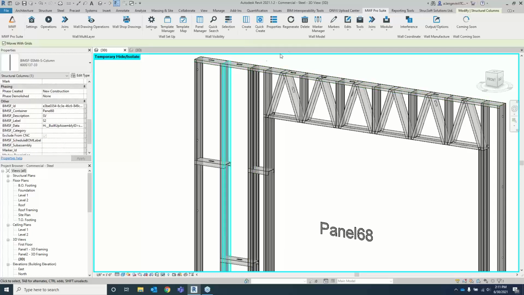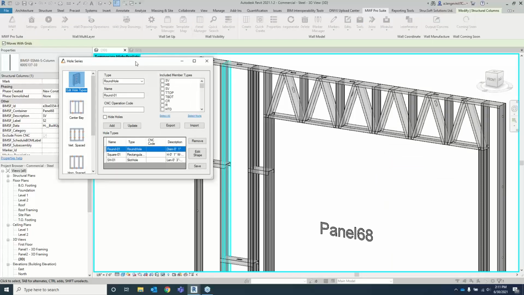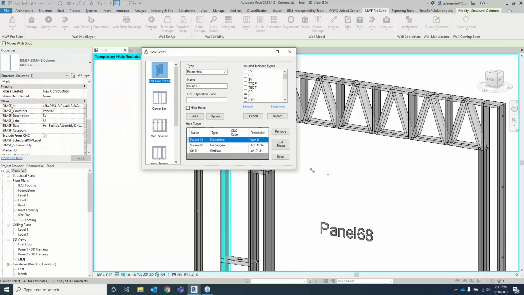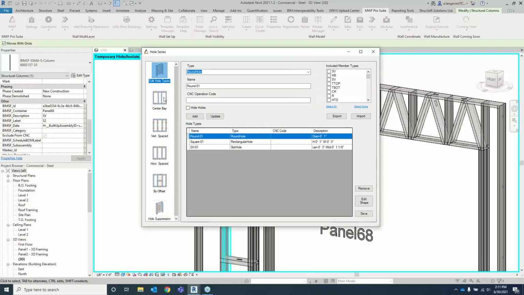So instead of going through your panel properties, you can actually go here under the tools drop-down menu, and you have regenerate whole series, edit whole series, and delete whole series. So if I go edit, it's going to bring me back to that same window we were just in. I no longer need to actually regenerate the panel at this point. So what I want to do is make a quick change